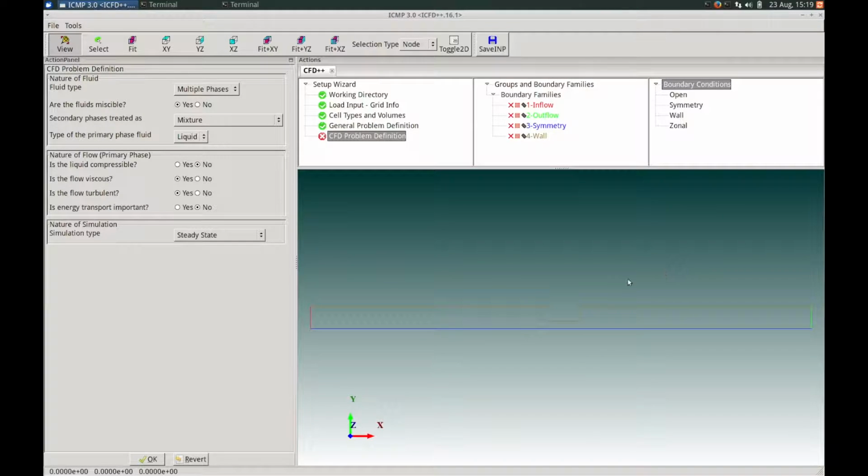The menu bar, where my mouse is currently hovering, allows you to access various tools as well as load and save your input file, etc. The toolbar below this has shortcuts to some commonly used functions and controls. The canvas is where the geometry or solution is displayed. The notebook panel shows the ICFD++ setup steps, and the action panel is where much of the problem setup takes